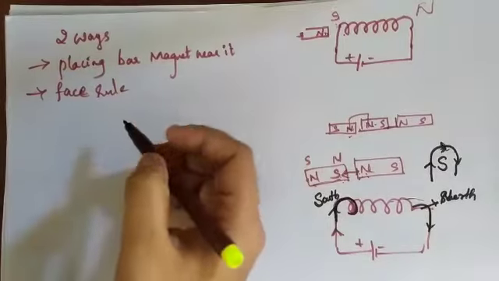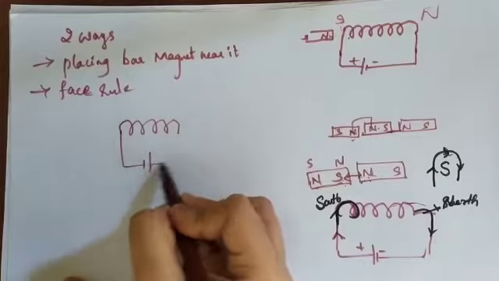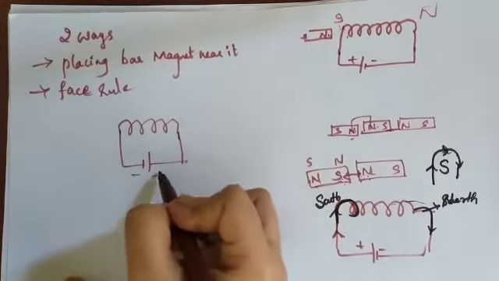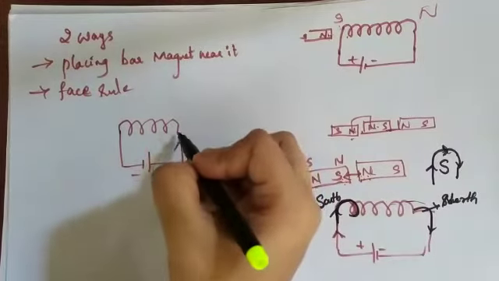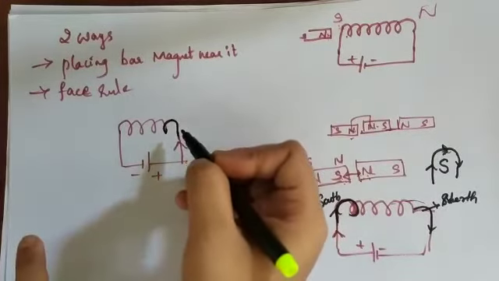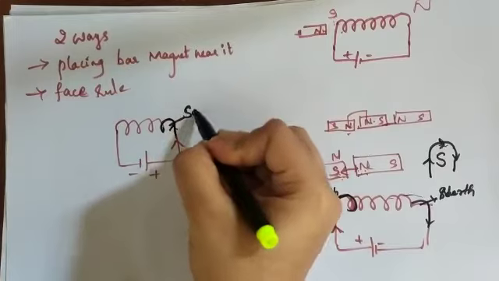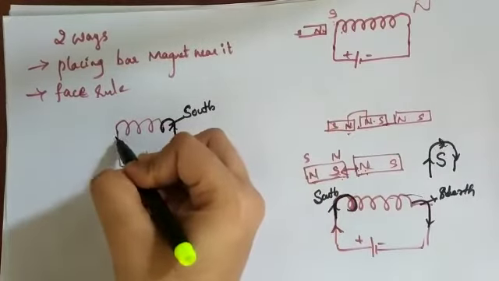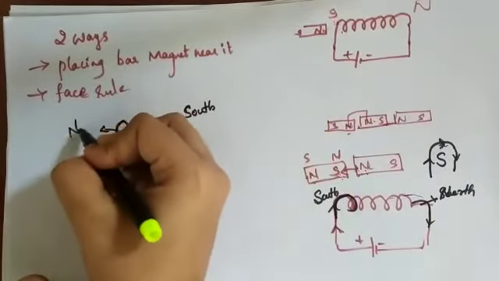Similarly, I will take the anti-clockwise direction. That means I will take a solenoid and I am passing a current in this direction, negative as well as positive. So now the current is flowing in this direction. What happens to the polarity in this direction? If it is entering, in this way the current is entering inside the solenoid and also it is in the clockwise direction. So this position I can say is the south pole, and where the current is exiting from the solenoid, that pole is called the north pole.